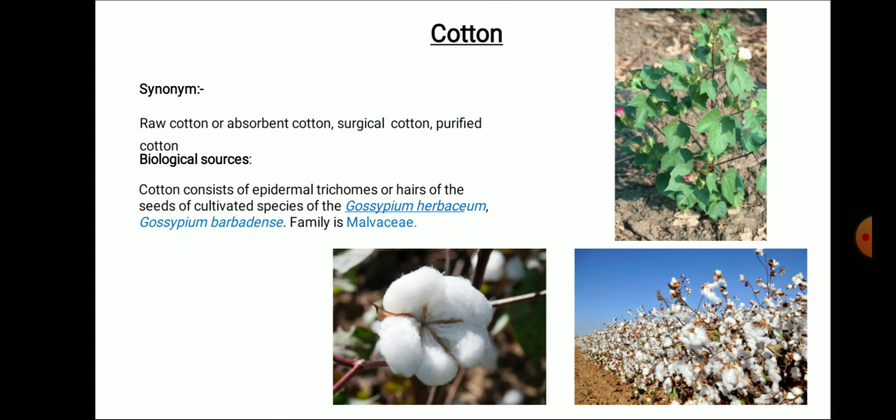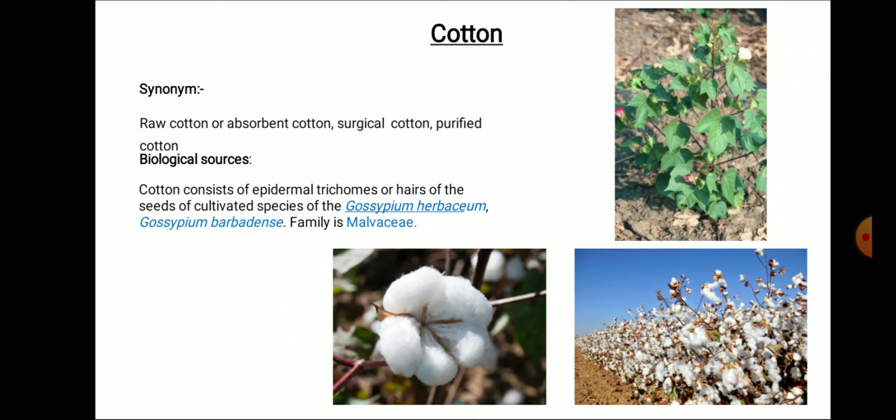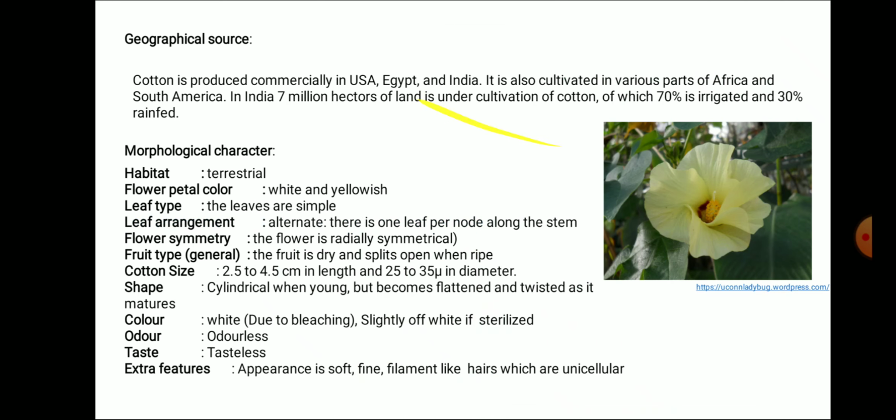The synonyms of cotton are absorbent cotton, surgical cotton, purified cotton or raw cotton. Cotton consists of the epidermal trichomes or hair of the seeds of the cultivated species of Gossypium herbaceum and Gossypium barbadensis, belonging to the family Malvaceae. From here you should know the definition of trichomes. Okay,